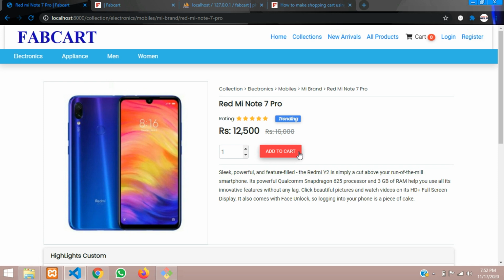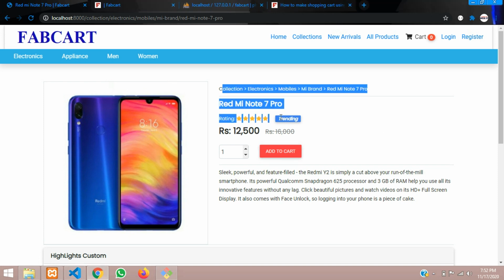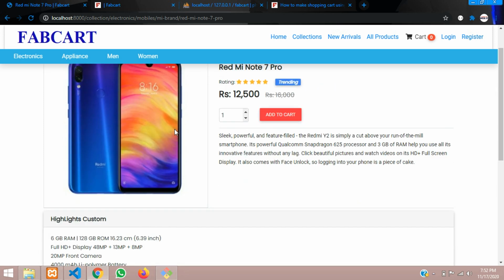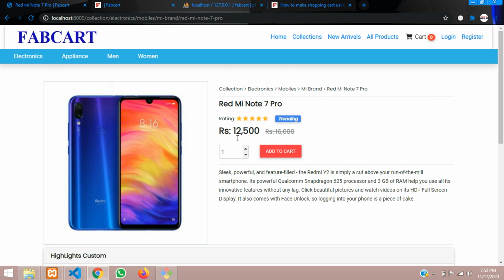Hey guys, welcome back. So guys, till now we have completed our product view data thing to view the data of the particular products, right? So guys, now we will be continuing with the add to cart functionality. So if we click on add to cart, that time your data should get added, right? So guys, now let's get started with it.